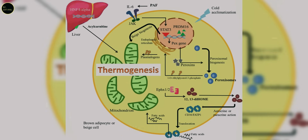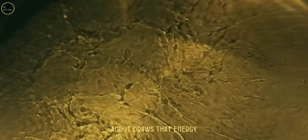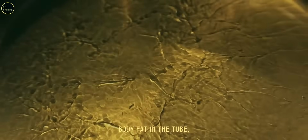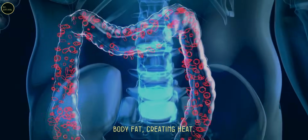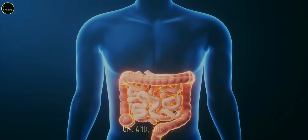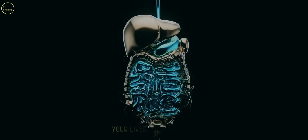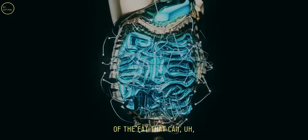And remember what we said brown fat does? When you light it up, it generates heat, and it draws that energy from your harmful visceral body fat in the tube. Now you're actually activating your metabolism, burning down harmful body fat, creating heat, and guess what that does? That also unpacks your liver, so you're not having that overflow of the fat that can build up